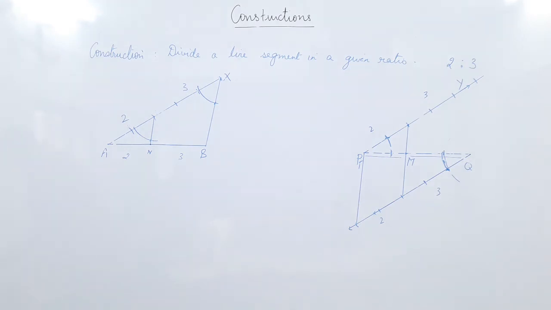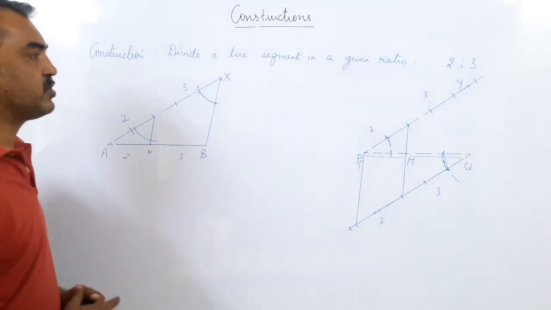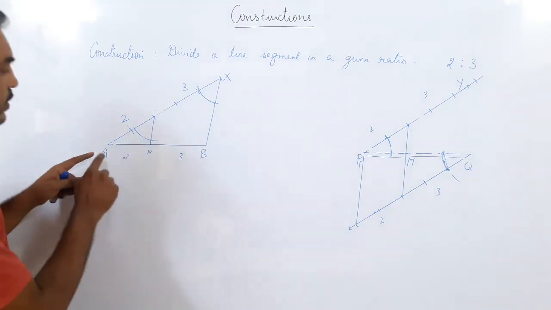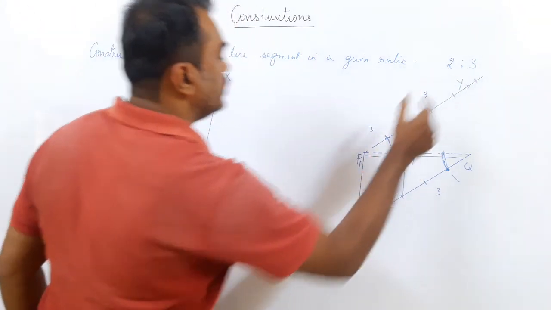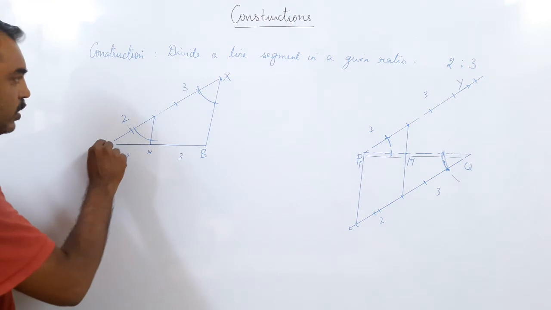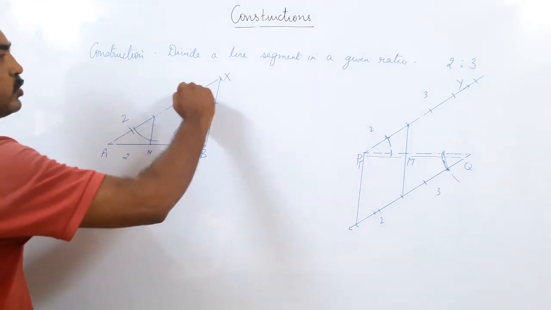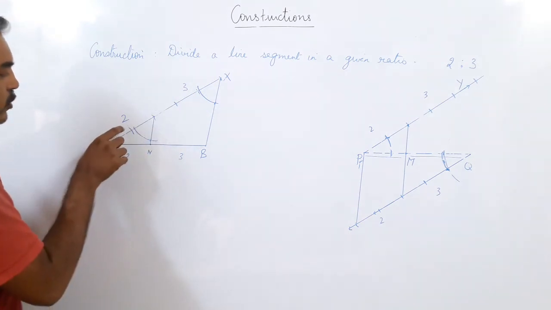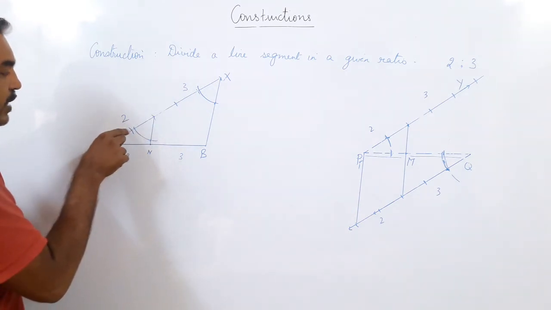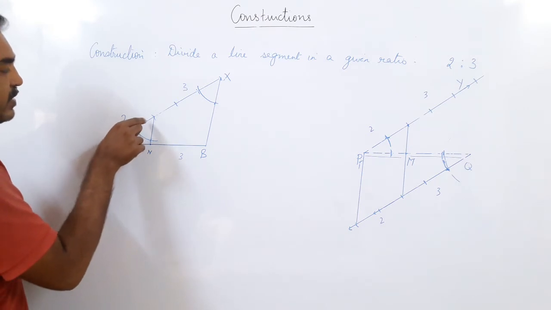Now we'll see it without the construction. You can rewind the video to see the construction, but now I'll show you without the construction. What I did here: I had a line segment AB, and I wanted to divide it in the ratio 2:3. So I drew a ray from A, ray AX. You can make it a little longer. Then you put 5 cuts. Start from A with a fixed radius. Put 5 cuts.